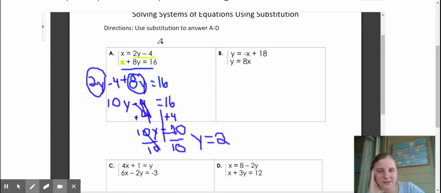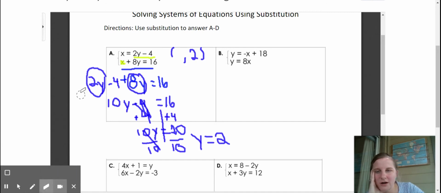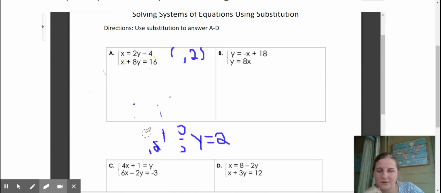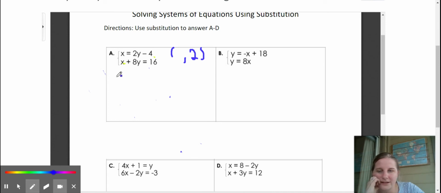Okay, so the second part of my solution, remember solutions are always written x comma y. That's a comma, so I've discovered my y. I've solved for y. Now I need to figure out the x. Okay, and that's super easy now, because if we go back to that first equation, so I erase all of this. If I go back to that first equation right there, all I do is say x equals,